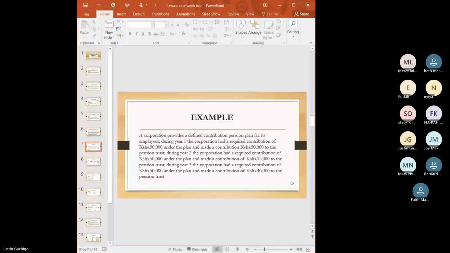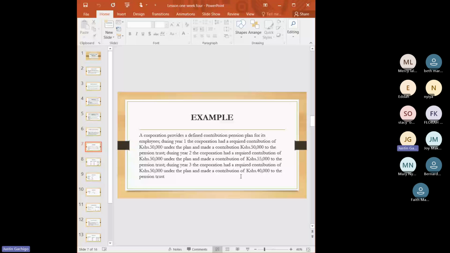An example: a corporation provides a defined contribution plan for its employee. During year one, the corporation had a required contribution of Kenya shillings 50,000 under the plan and made a contribution of 50,000 to the pension trust. During year two, the corporation had a required contribution of 50,000 under the plan and made a contribution of Kenya shillings 55,000 to the pension trust. During year three, the corporation had a required contribution of 50,000 under the plan. It made a contribution of 40,000 to the pension trust. So now, if you want to account for this,